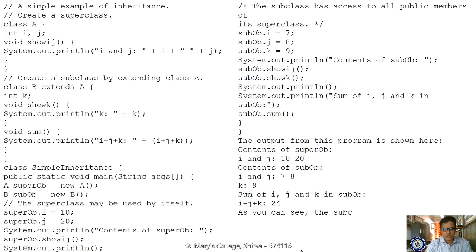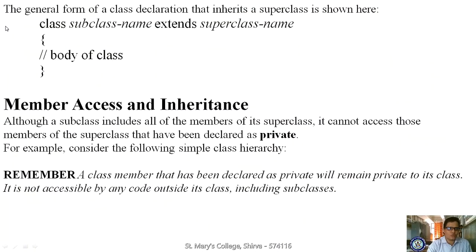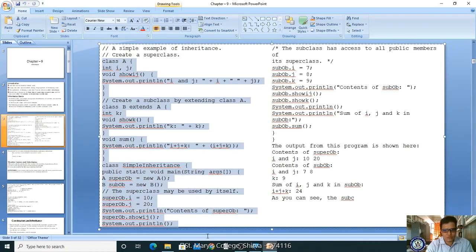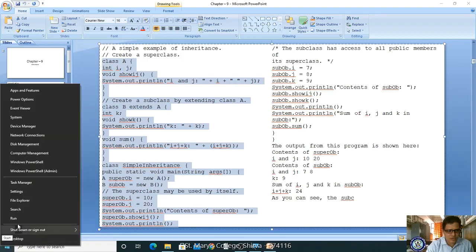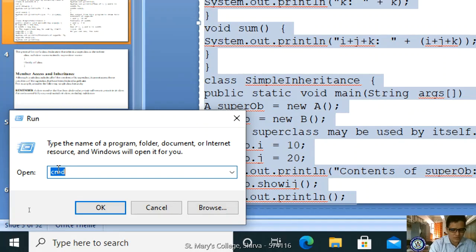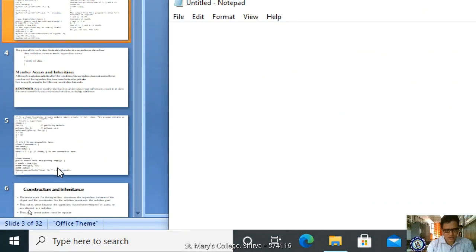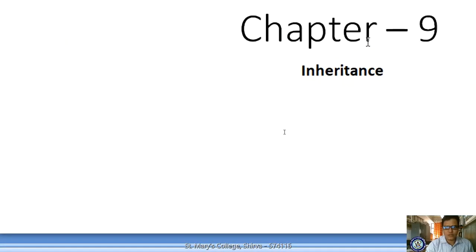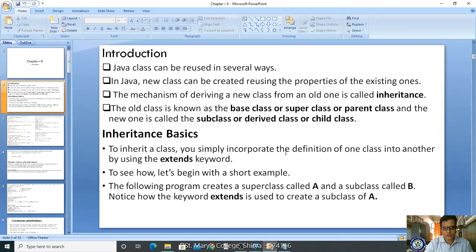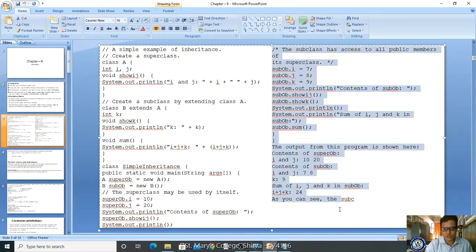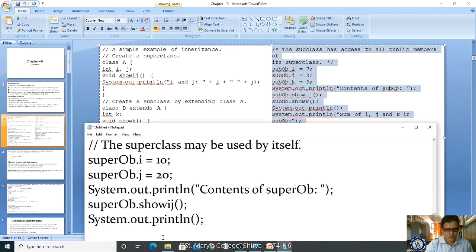Now I will show you how to execute this program. Let me copy this first program. I'm copying and I'm taking the notepad. Hope you are understanding how to take the notepad, right? Notepad, and I'm pasting. I have pasted this much content. This is our next content, right? I'm copying this. Here the subclass has access. Output is not required. I've copied and am pasting here.